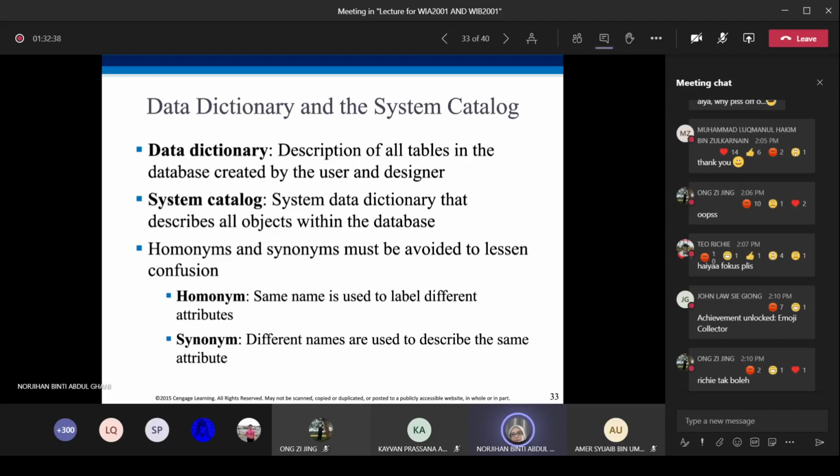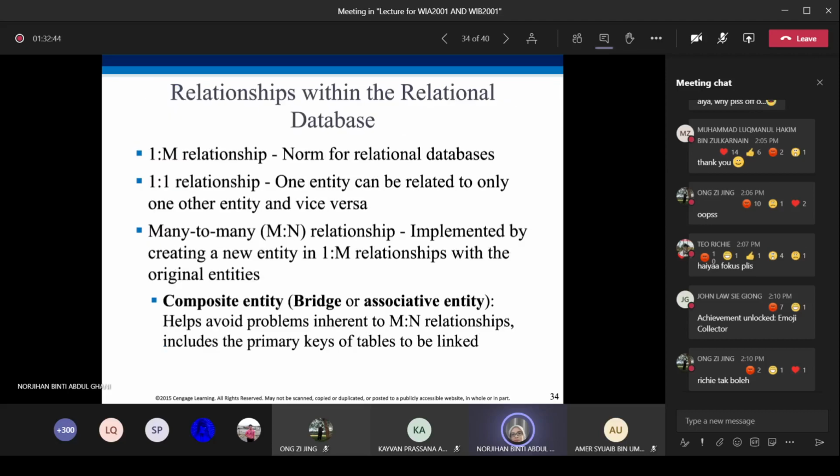Relationships within the relational database. In a database system, we have a few types of relationships. Relationships in a database are represented using the foreign key that you have learned just now. There are a few types of relationship.